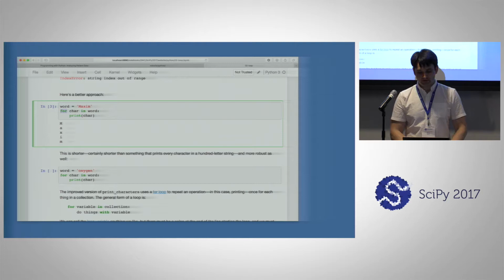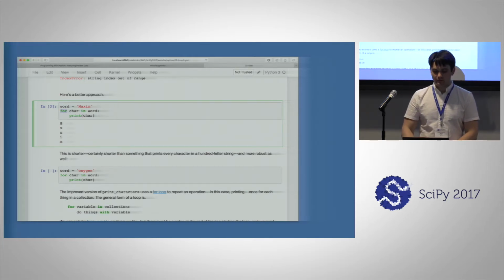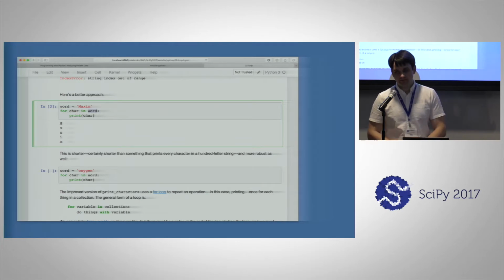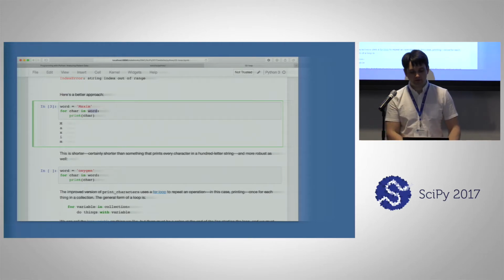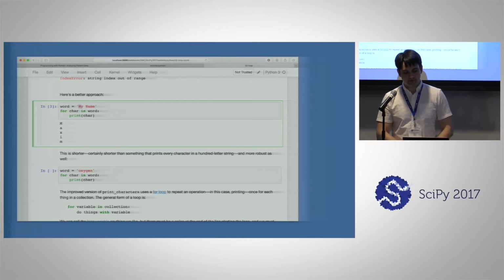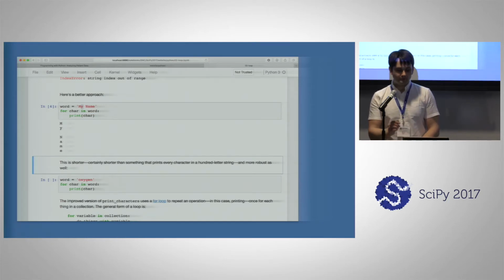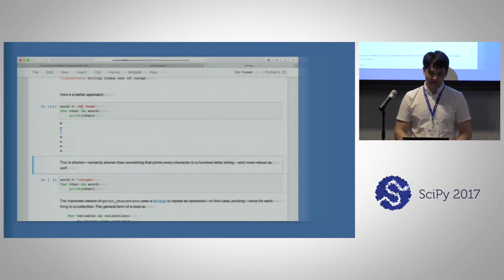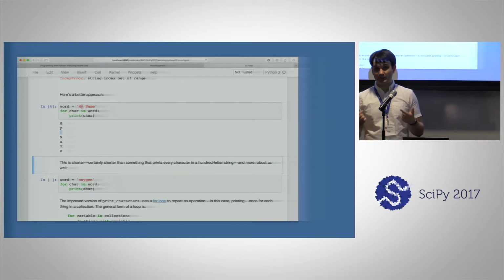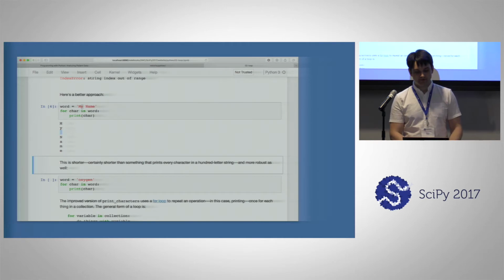Now, for character in word. So what it does here, it takes a variable word, which in our case equals my name here, but let's do it this way. And then it assigns a character one by one to char, to that letter M, then it will assign to letter Y, and so on. It will even print the space here, and I can select it to show you that this is actually a space, so it's not an empty line. The reason I can select it is that